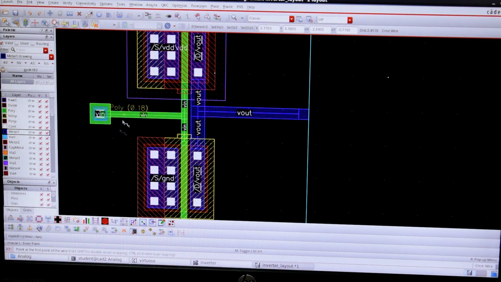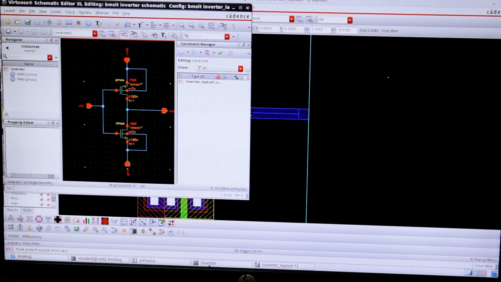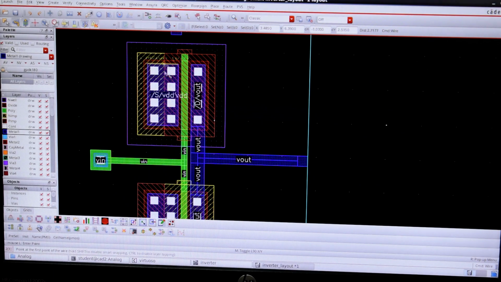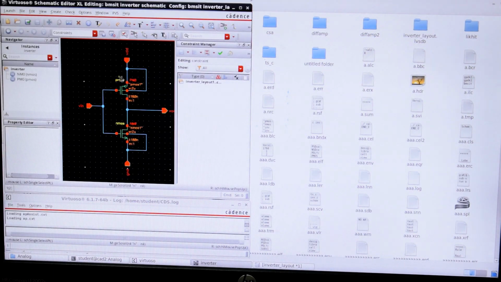But in this case VIN was a different pin. It's metal one, polysilicon other. That's why I've used via. Here I don't require anything. Now the drain is shorted, connected to Vout. Now again body and source should be shorted. Since I've used integrated body, automatically my body and source are shorted. Now that should be connected to VDD.